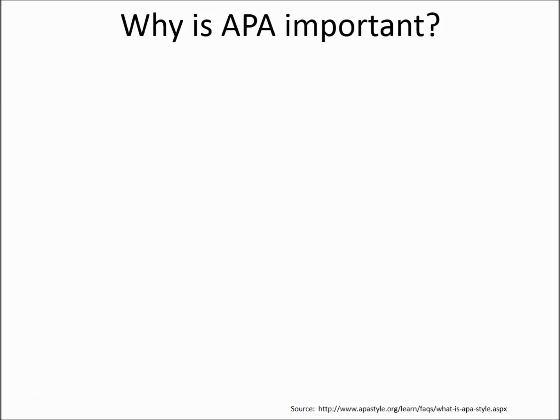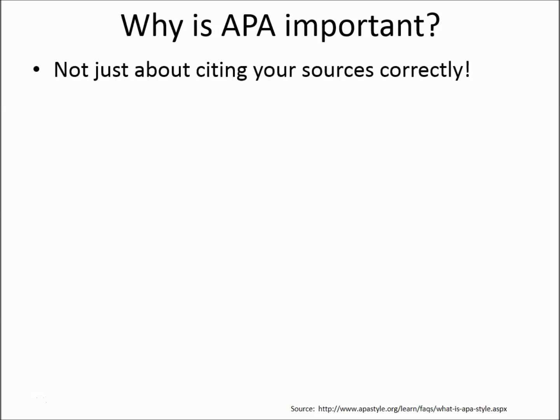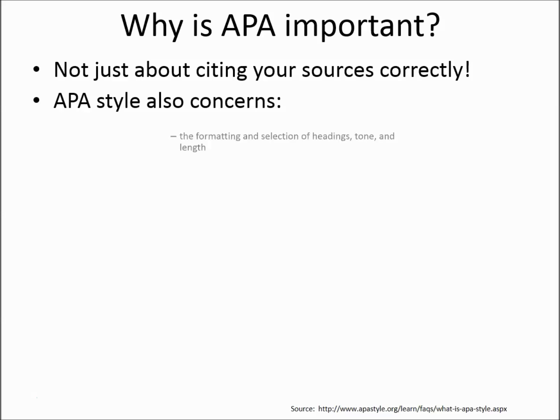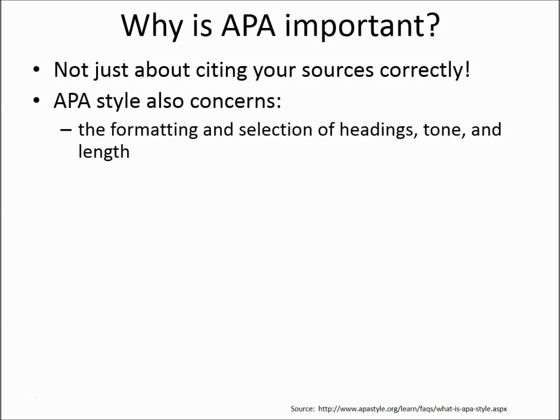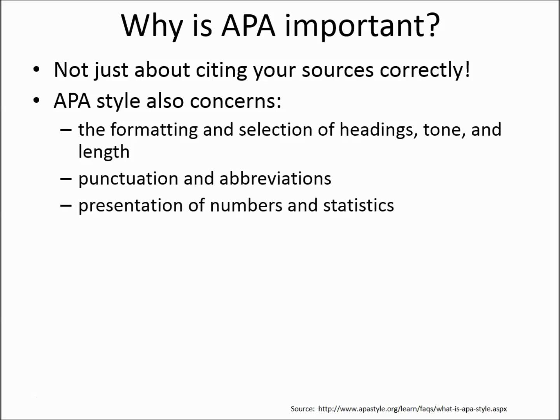Keep in mind that using the APA style correctly and consistently is not just about citing your sources correctly. APA style also concerns many elements that are important when writing in a specific discipline, such as the formatting and selection of headings, tone, and length, punctuation and abbreviations, presentation of numbers and statistics included in your paper, the construction of tables and figures used in your research,